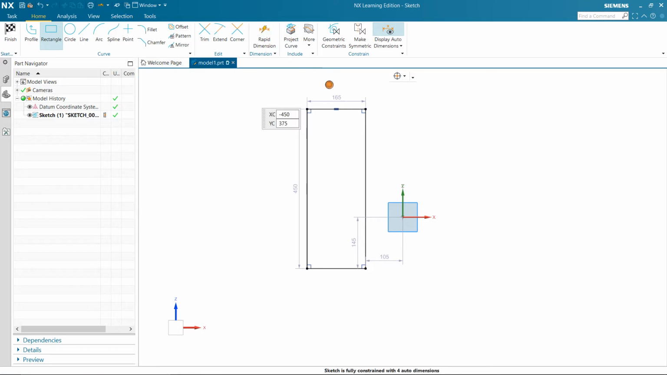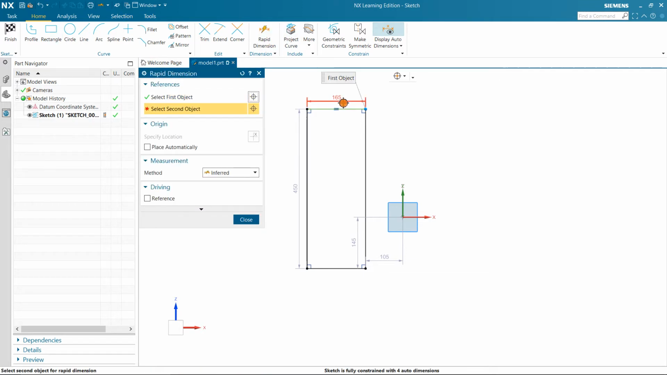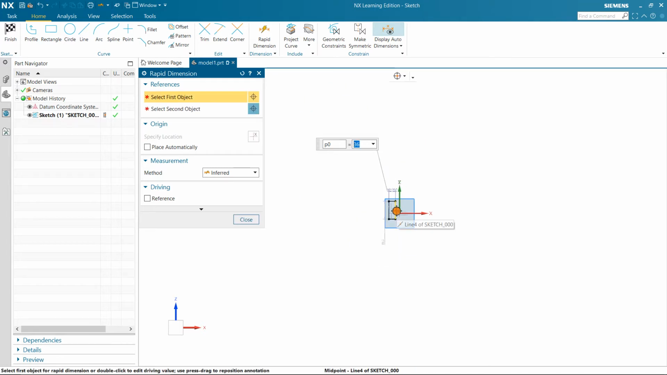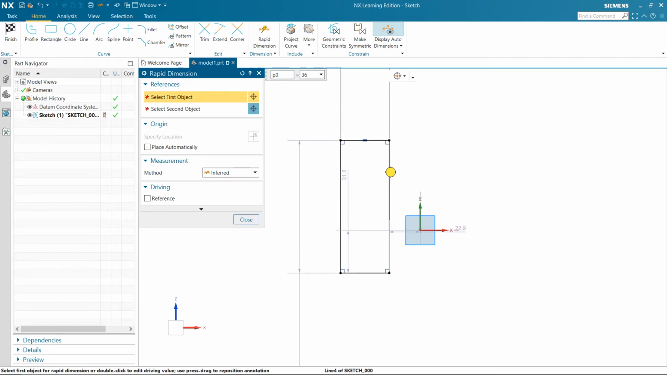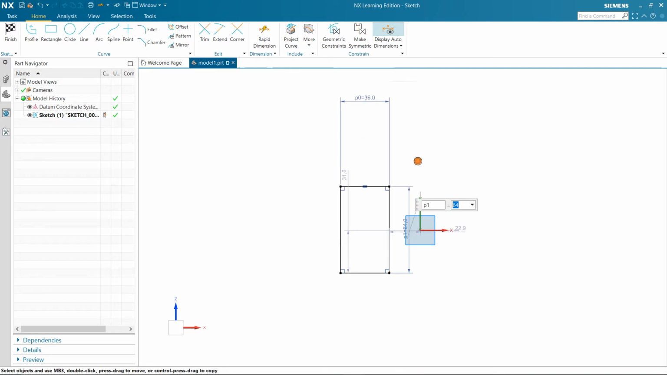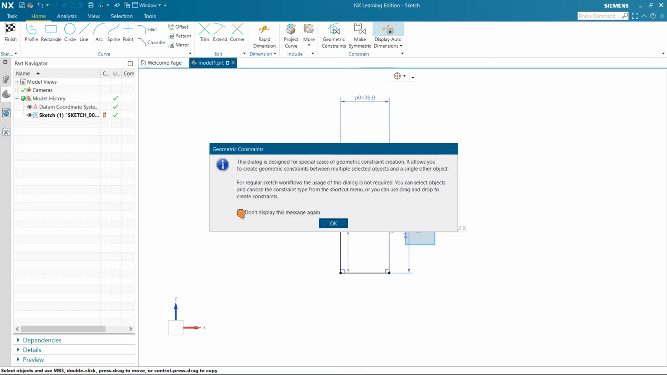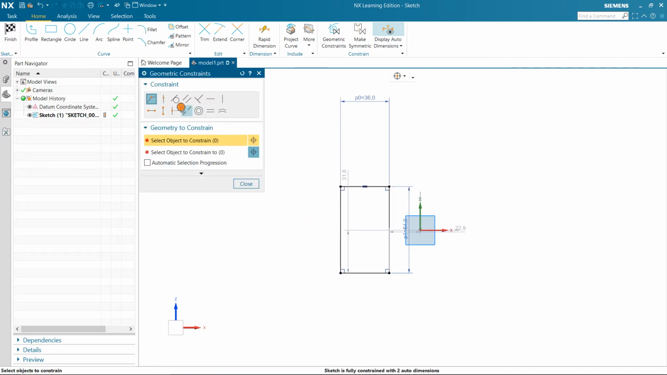and go to rapid dimension. This was 36 and this is 64. Now I will constrain this line with the axis. So go to geometry constraints, click on OK,